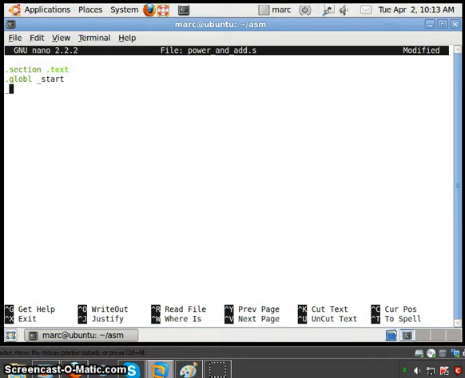So we have our start point over here. So let's fill up the program first initially with two no operations. Okay, so what we are going to do in this program is, let me make some comments over here. So we will just add two numbers of the values 2 to the power 3 and 3 to the power 4.